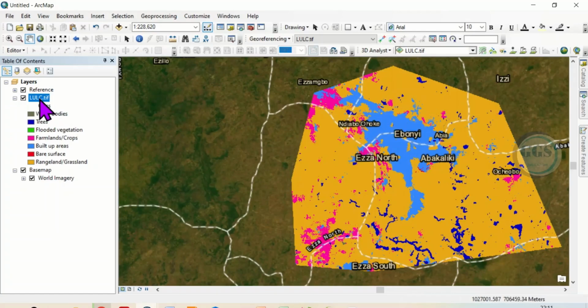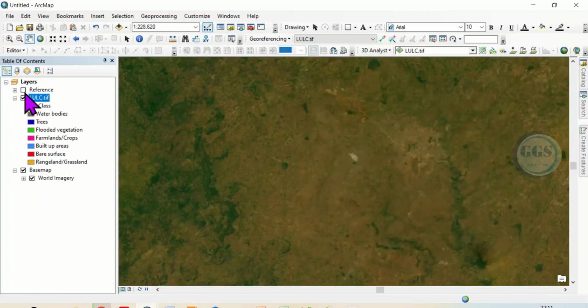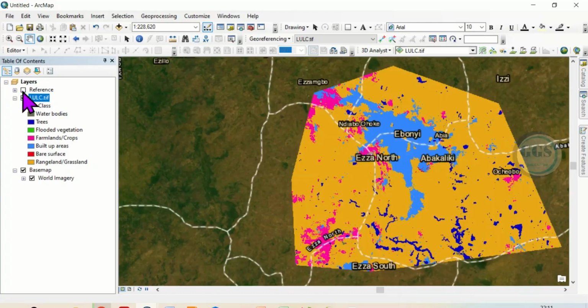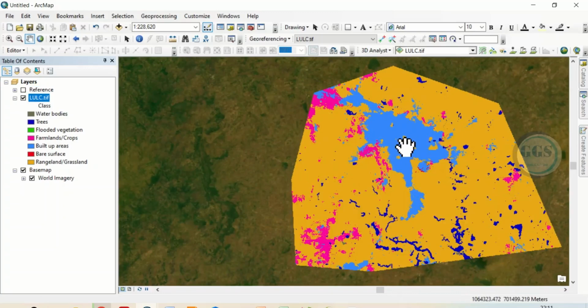So here is my land use land cover and I've underlaid a base map and also the reference which shows me the road network and the name of location. So I can uncheck and check it. So let me uncheck the reference. Now if I want to adjust the layer transparency of this land use land cover, come to the layer,